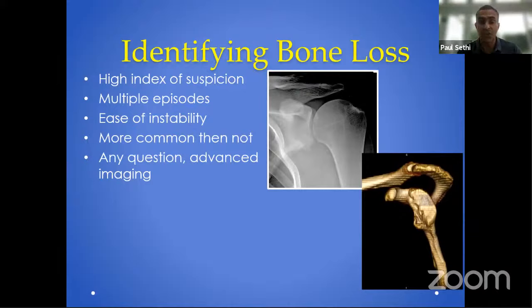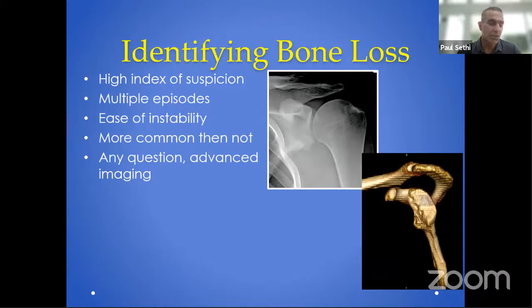It comes out with just gently lifting your arm up over your head. Instability and bone loss is more common than not. We see in military studies early loss with a single dislocation of 5 to 10% bone loss. And if there's any question, in your brain, it's a little bit like a patient who comes in